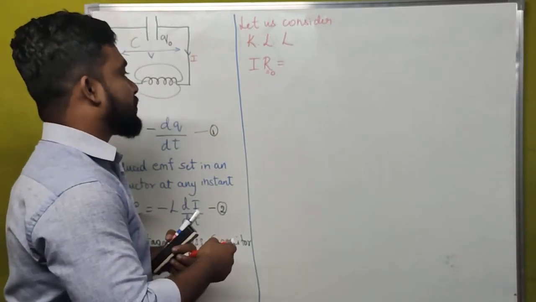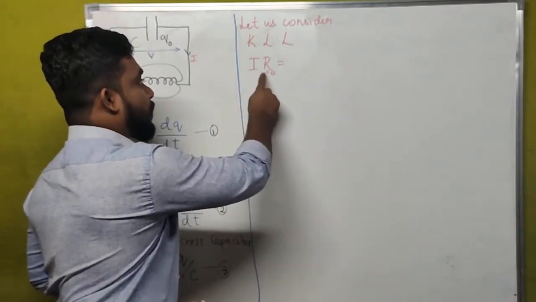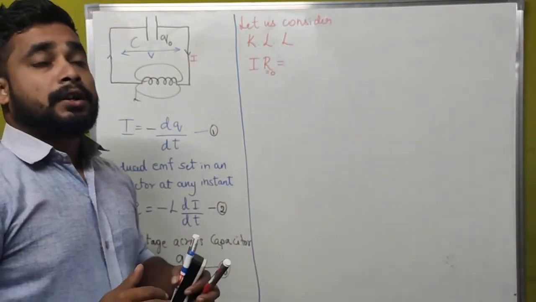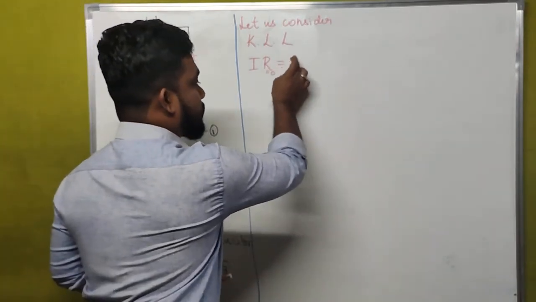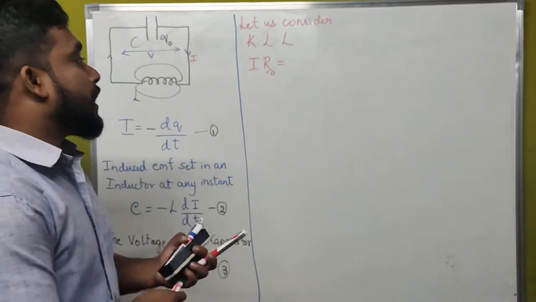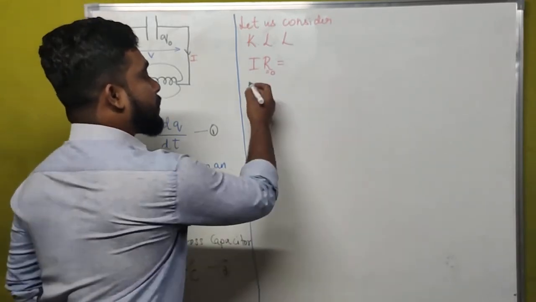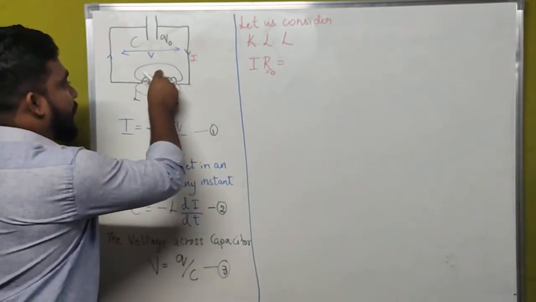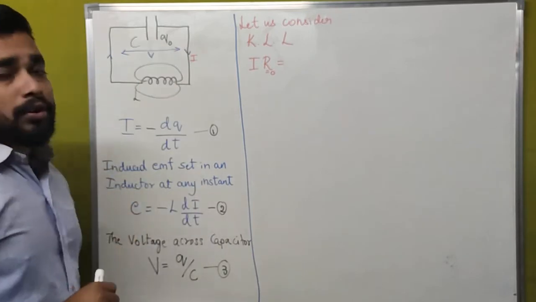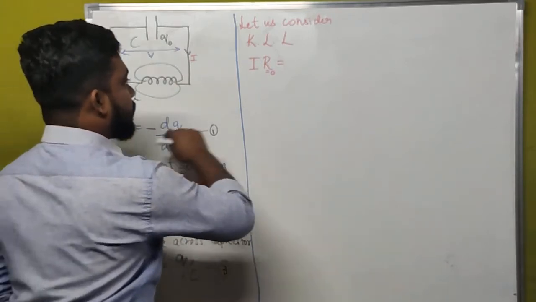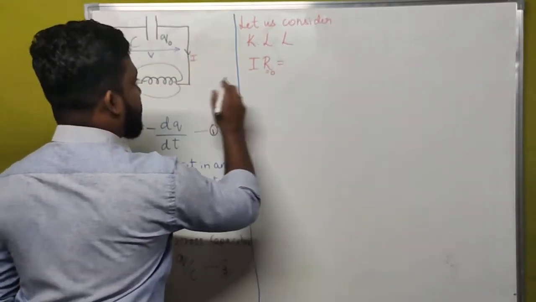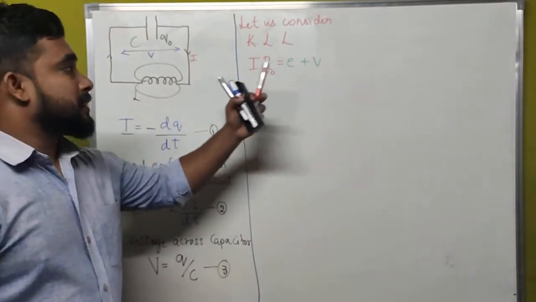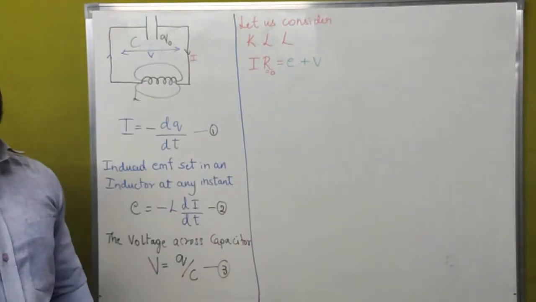That is equal to the sum of current and resistance products, because here we have only one type of current and one type of resistance. If we have different types of current, then we have to write them with a plus like this. But here we have only this case, and that is equal to the sum of EMFs. Which kind of EMF do we have here? One is set in an inductor, one is set across a capacitor. That is, here we have EMF, E plus V. These are the EMFs set across an inductor and a capacitor.